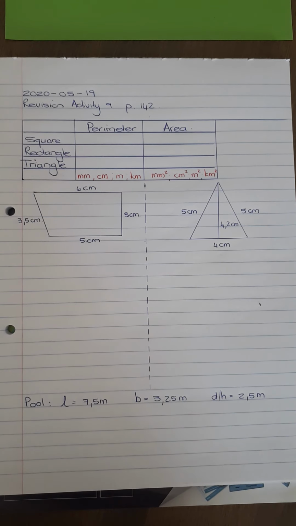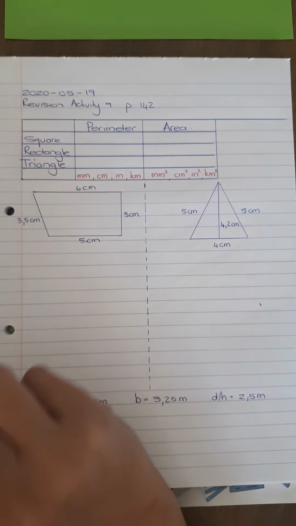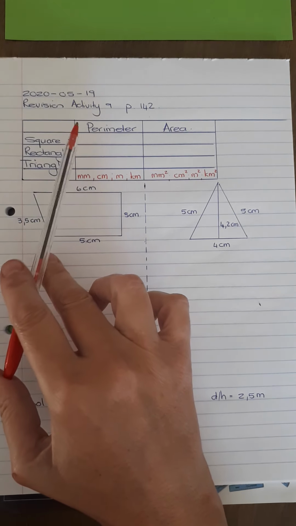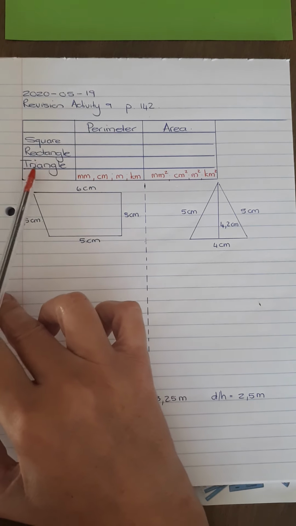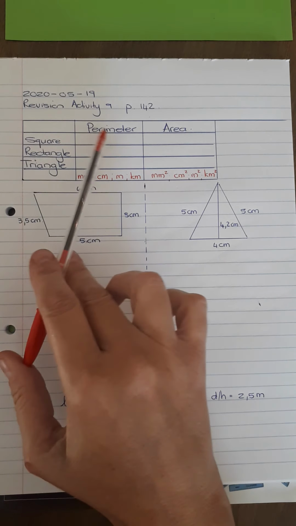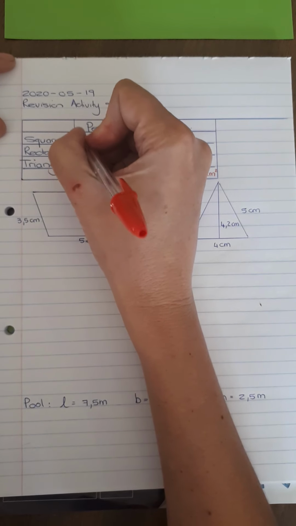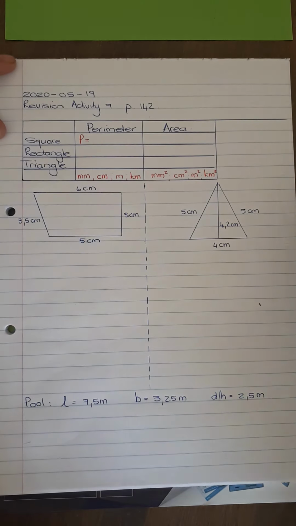Good morning, grade 7s. Okay, guys, today we are doing revision activity 9 on page 142, and we are going to start off by writing the formula of each of the square, the rectangle, and the triangle for the perimeter and the area. Now, for the square, you are going to write the perimeter equals, now remember, perimeter of a